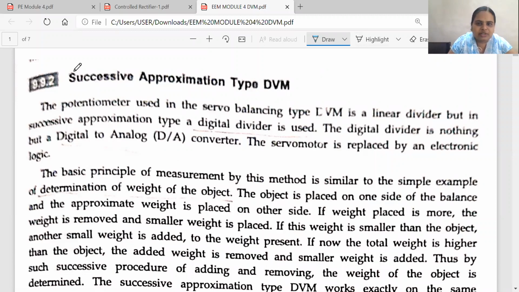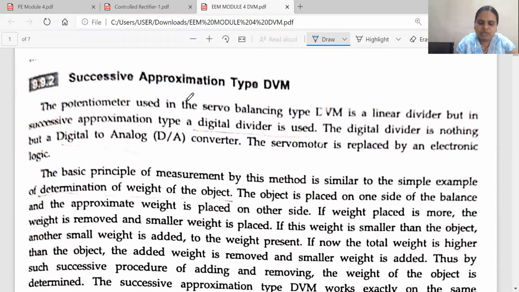Okay, next topic in our EM subject, fourth module, is the successive approximation type DVM. Why do we need this successive approximation? When we use a digital voltmeter,